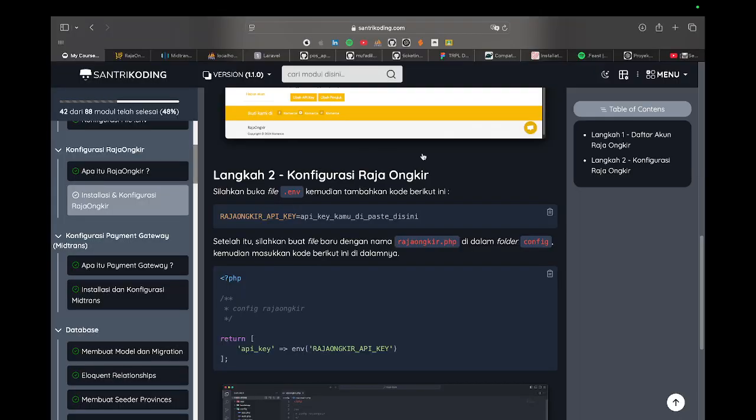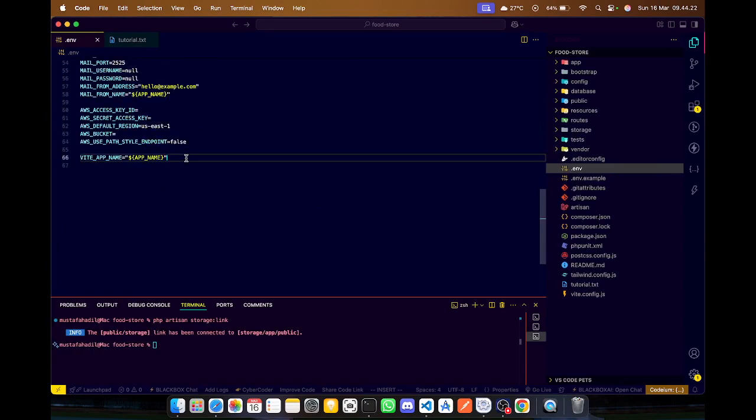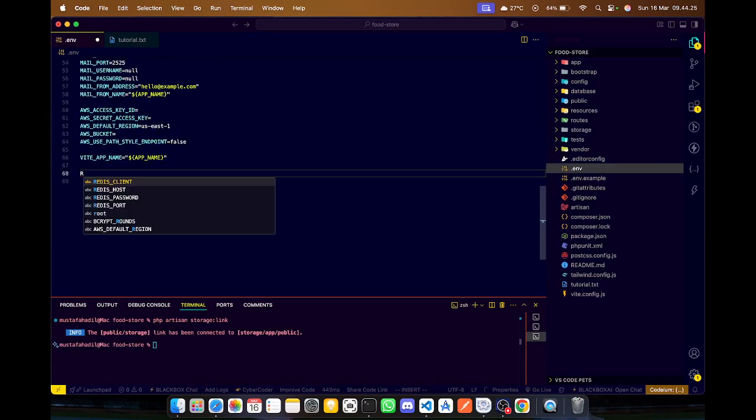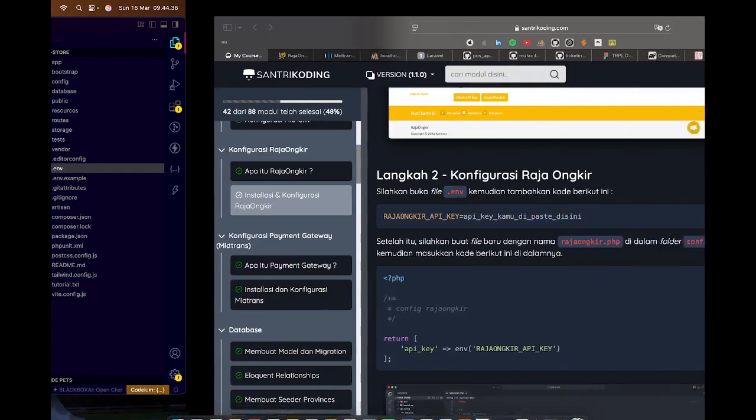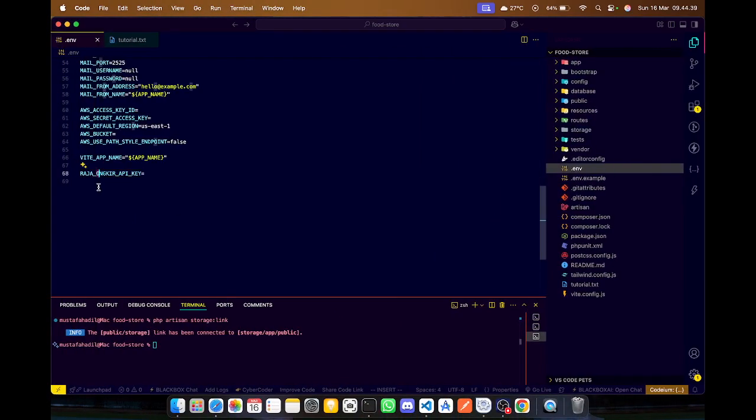Now we go to configuration. How to configure the Raja Ongkir API? We open the env file and write down this API key, RAJAONGKIR_API_KEY equals, and write down your API key.